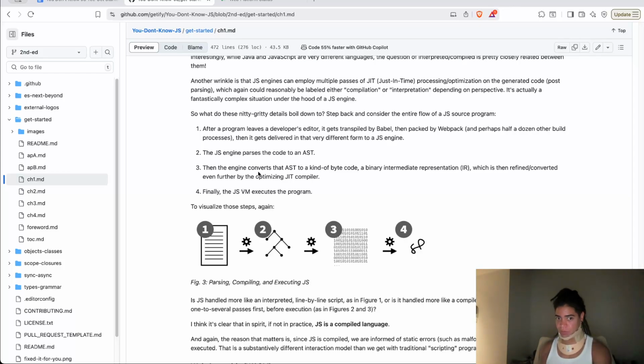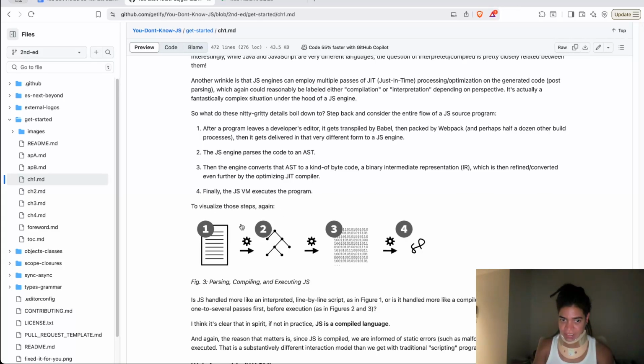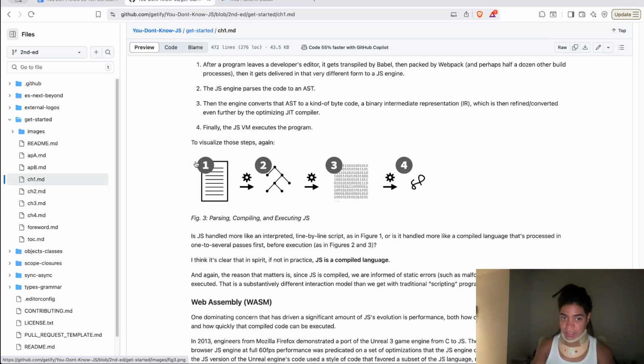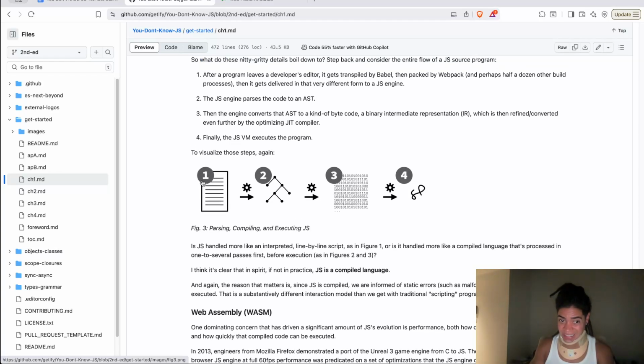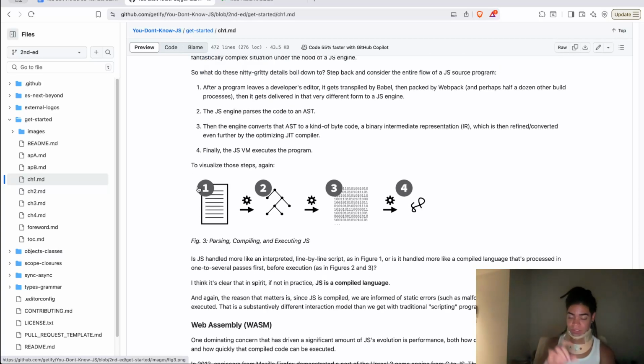All right, and finally, the JavaScript virtual machines take the program and execute it. So to visualize those steps, again, it will be something like this. It generates the entire JavaScript. By the time your code leaves the code editor, it's going to be transpiled